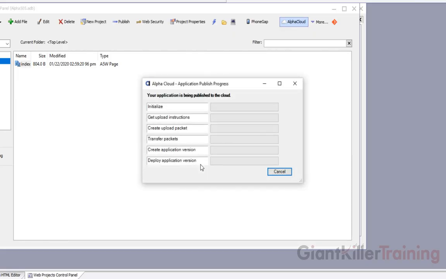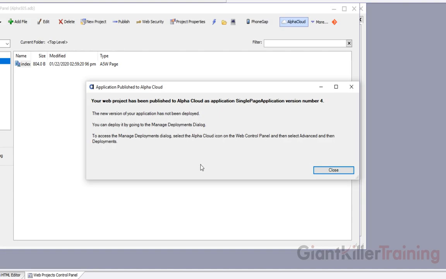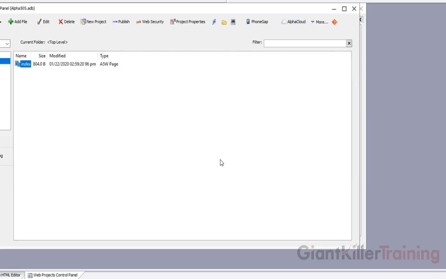This goes through the process of packaging everything up, all my version 4.0 changes, and moving it up to Alpha Cloud. Now you'll notice I get a message here. Instead of that second screen showing me the deployment process, it actually tells you it's up on there, but it's up to you now to use Alpha Cloud to decide when you want that to be deployed. So I'm going to click Close. So I'm done. Now I'm going to go back to Alpha Cloud,